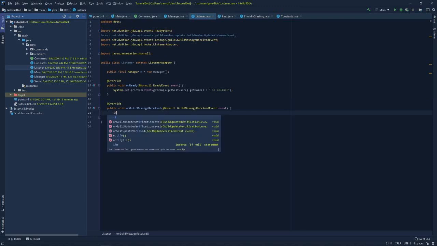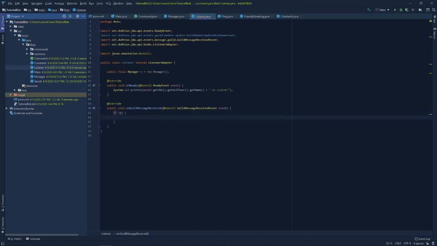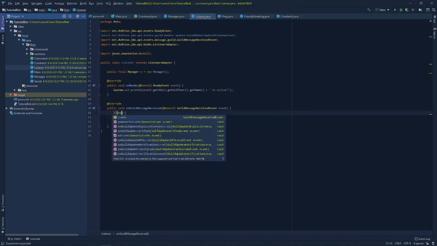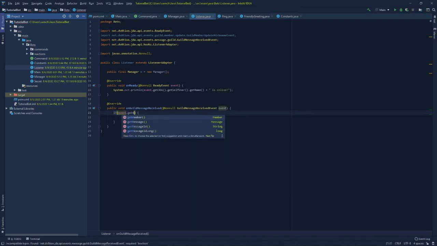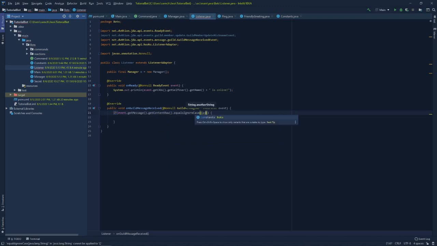We're gonna do if the message, if event get message dot get content raw dot equals ignore case constants dot tutorial bot prefix plus shutdown. If it equals this,